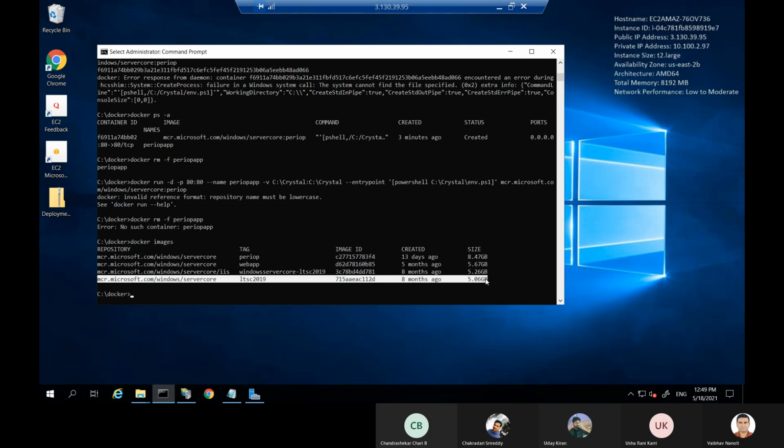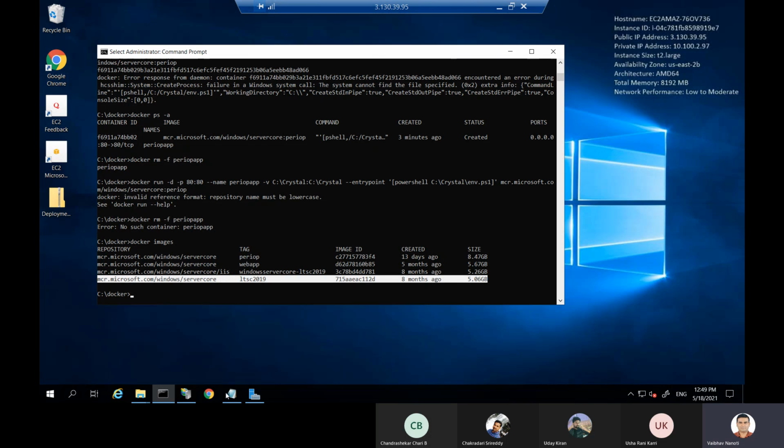I just download or pull this image from the Docker Hub, and nothing is installed over there. Now this is the plain Windows server in which I am supposed to install IIS and my basic IIS settings, so that my image is ready.